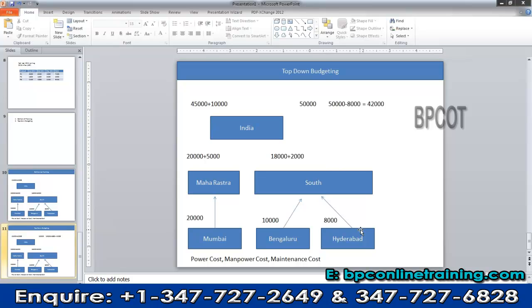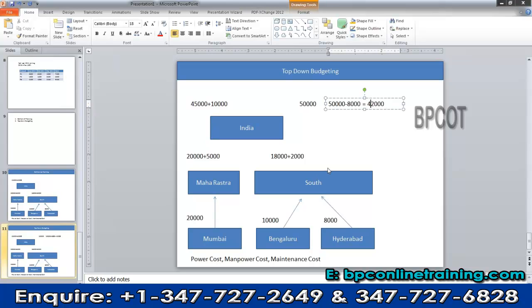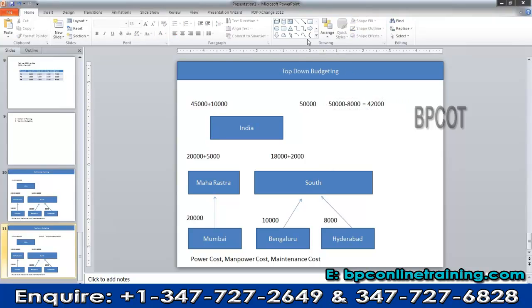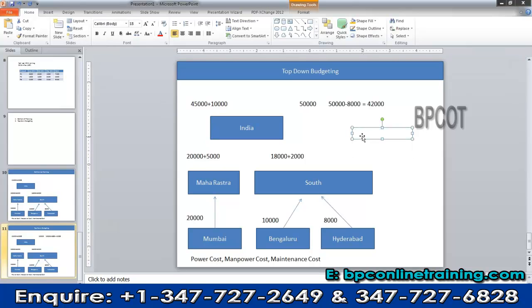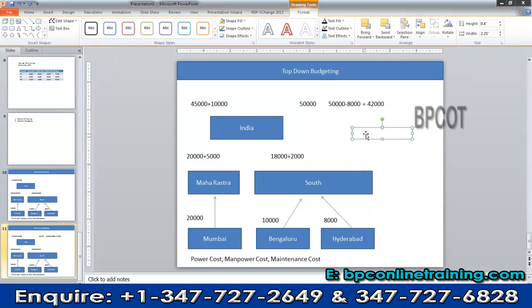There are so many ways to distribute the data. Sometimes most clients distribute their budget amount based on their actual data. Suppose previous year my power cost for the Mumbai city was 100 rupees. So based on that I will distribute this 42,000. Right. Now let's distribute this 42,000 to the circles. The formula will be like this. For Maharashtra, the formula will be, so Maharashtra cost is 25,000